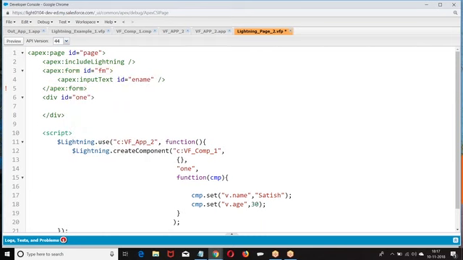So how can I read it? When you say scripting, value equal to component dot, so we can pass the values here. How can I pass it? I can give it like name equal to document dot get element by ID. You can use regular JavaScript functionality. Document dot get element by ID, page, form, ID, read the value.